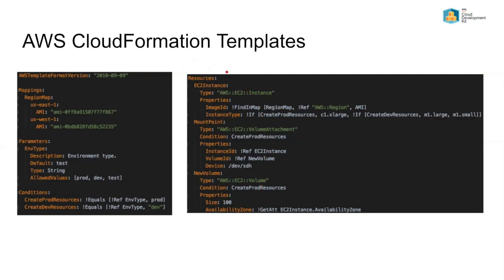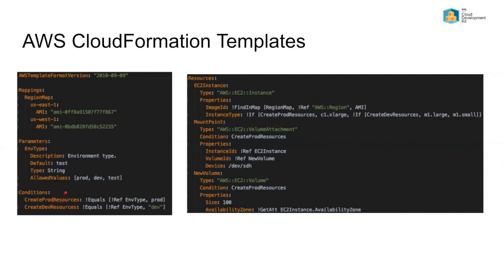The resources, the AWS resources. Basically, here we are creating an EC2 instance or a server with an image ID taken from this mapping. So in this mapping, depending on the region, this is something native from CloudFormation that gives you the region. Based on this region, you can get a different AMI, since every region will have a different AMI. And then we have the instance type based on